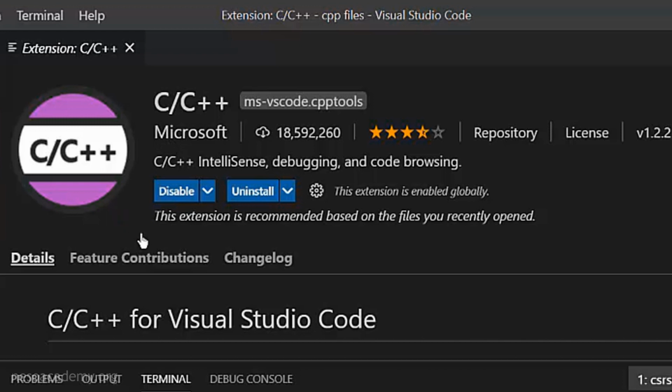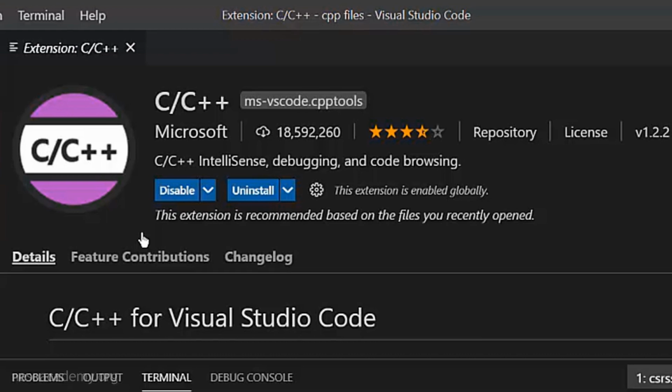When you use this C++ extension, whenever you are typing the code, the Visual Studio Code editor itself will help you in understanding if there are some errors in the code, or it will also help in fixing some minor issues that can be there in the code. So it will essentially help us in proper coding. That is why we are installing this C++ extension. Okay, so that is how you can do it.